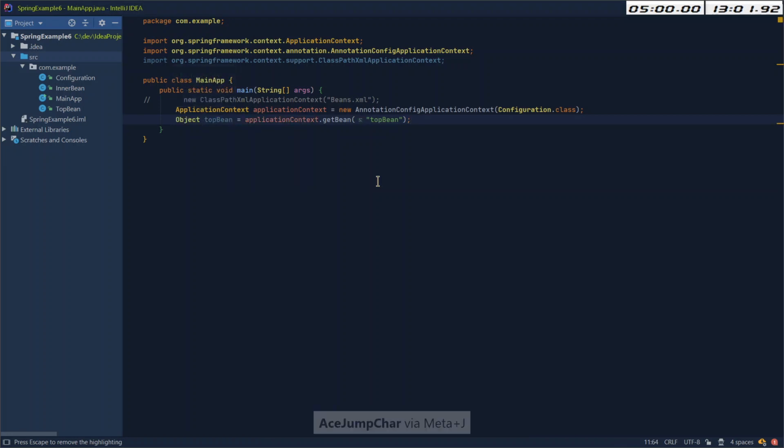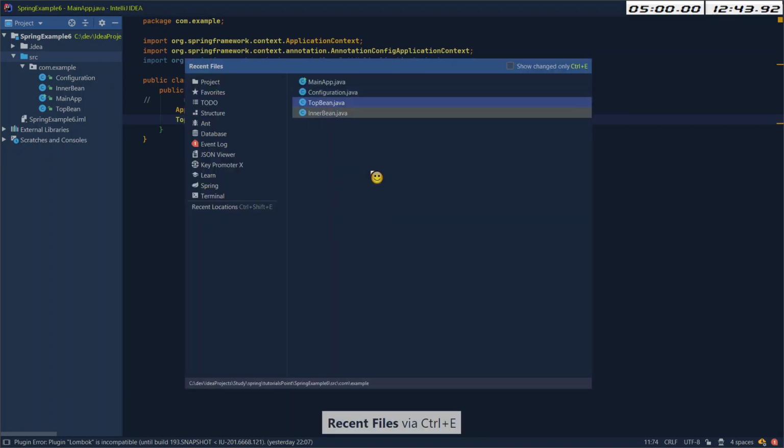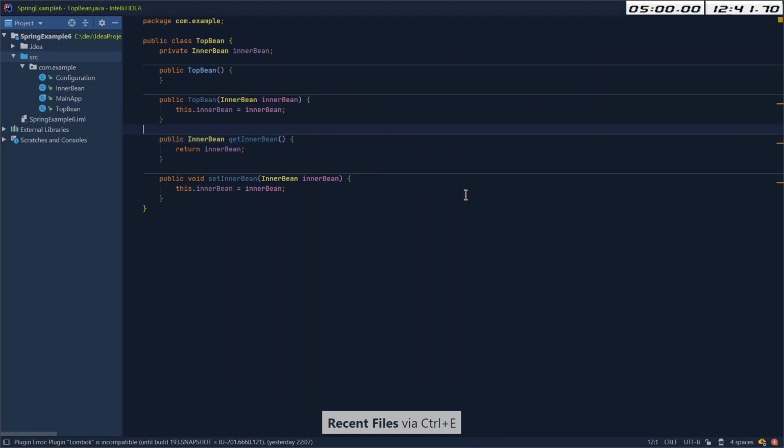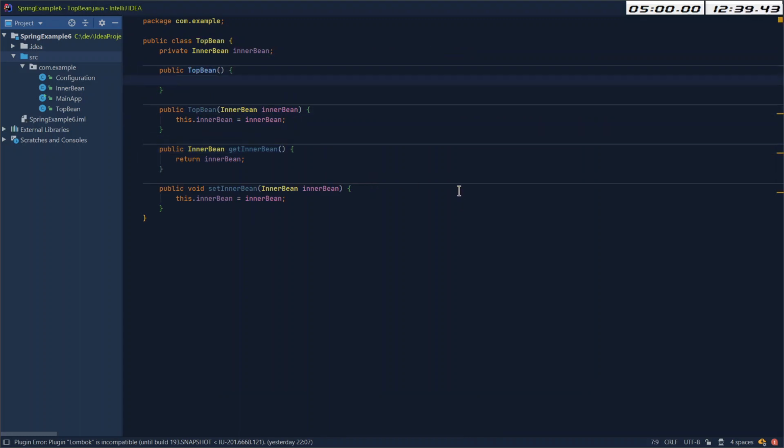Yeah, but I will cast it to TopBean object, and this one will be topBean as well. Yeah, and now what I want to do is to go to the top bean, and inside of here I will say just the bean like so,